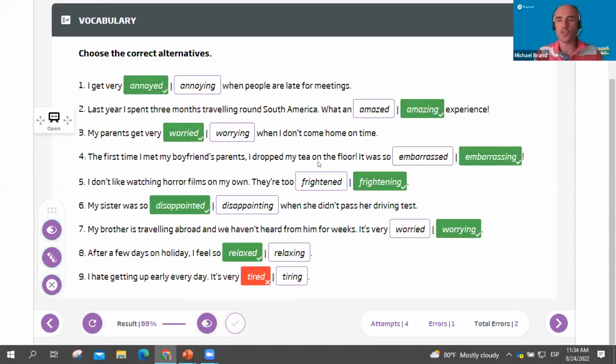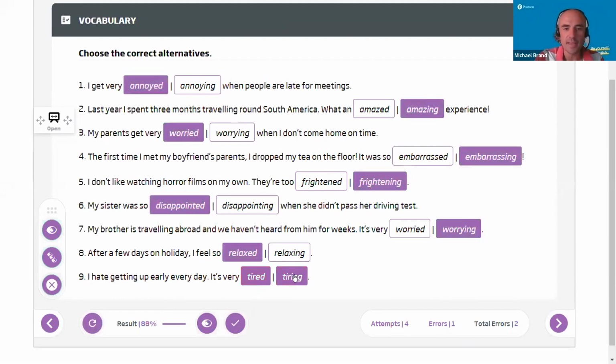Okay, so of course a student could come up to the board and do this in a classroom. They can also do it on their tablets as well. I can uncheck the answers, correct my wrong answer, check them again, and I've got them all right. And I've got a little reward. I've got a star for getting them right. You get a different reward based on how quickly you get them all right.